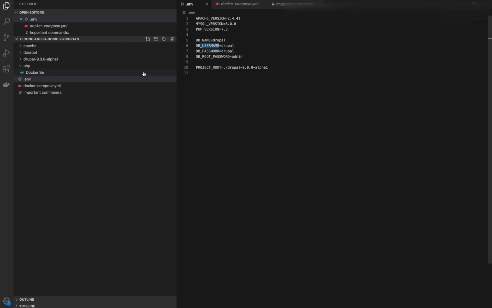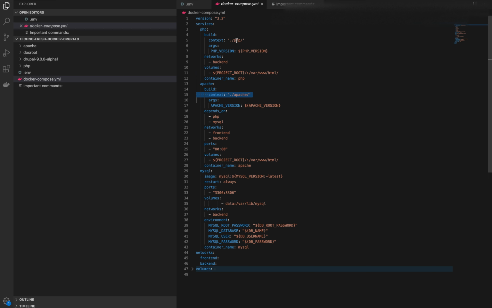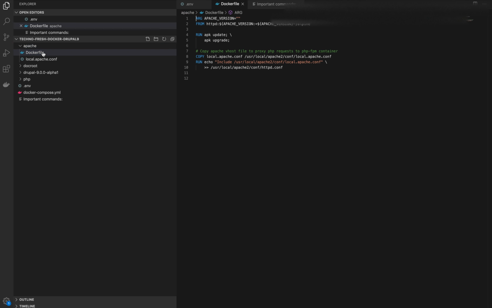So we will install Drupal 9 for this alpha release. I have just downloaded Drupal 9 and pasted it here. I'll just copy it and paste it here and route this project directory name to this folder, okay. And as I said, Apache is one of the folders where I have kept some of the configuration, and PHP is one of the folders where I have kept some configuration. So I have gone to the Apache folder, and you can see the Docker files are there.